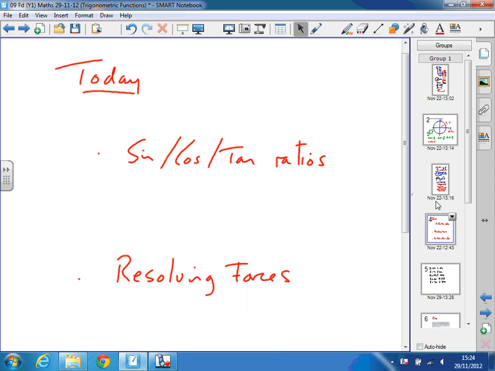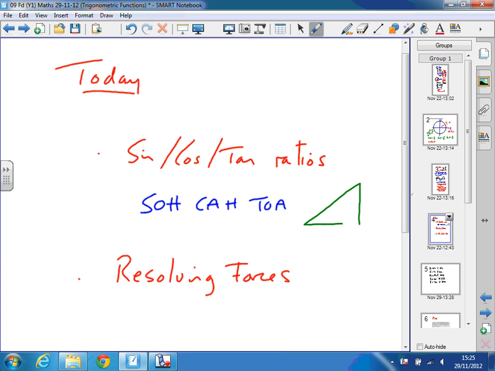I want to look at the use of the sine, cosine, tangent ratios, which should be just basic revision for you, GCSE maths. Okay, used with right angle triangles. So if we've got a triangle with a right angle in it, and that's the angle theta,